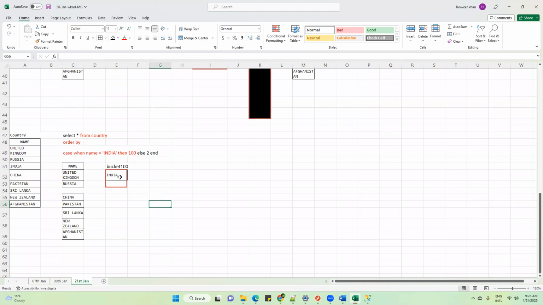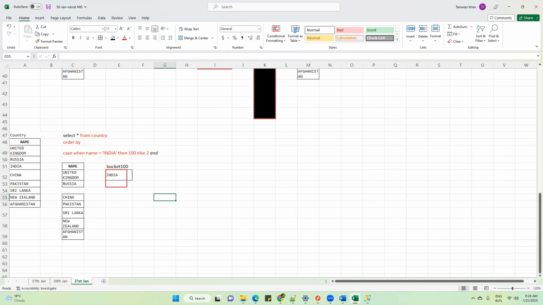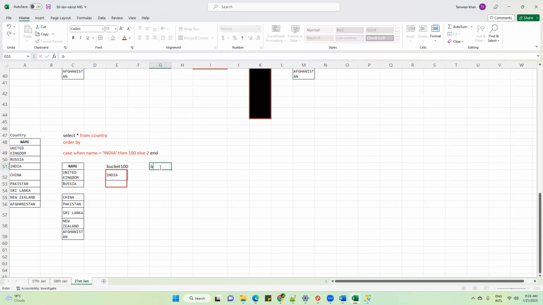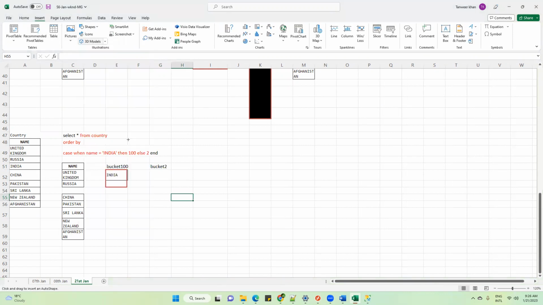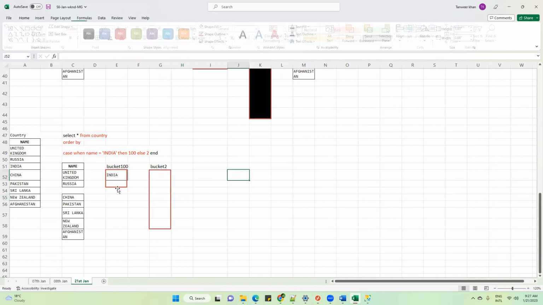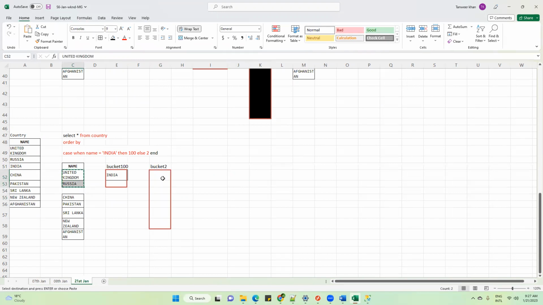Is this correct? Then you have written else 2. It means all the remaining countries, keep them in bucket number 2. This is bucket number 2, and in this bucket I will keep these countries.